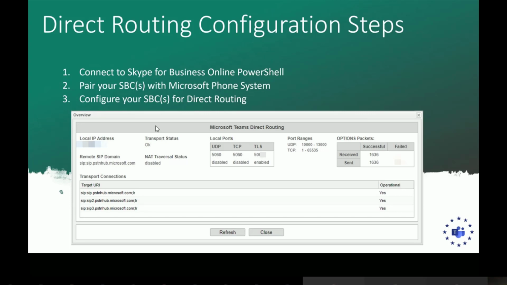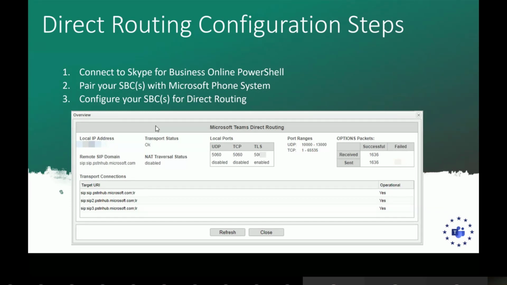The SIP one will be the one that's closest to you in your region. So if you're in North America, for instance, it'll connect to the transport hub in North America. SIP2 will be the European one, and SIP3 will be the APAC one. So if the North American one goes down, you reconnect to the European one, and if both of the first two go down, which is highly unlikely, you'll reconnect to the APAC one. It just means that your SBC will always be online with Teams and always available.